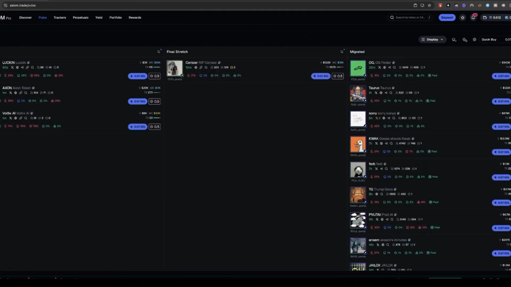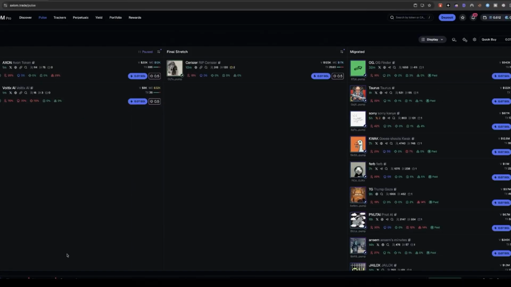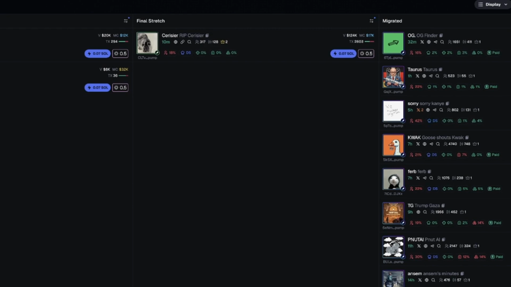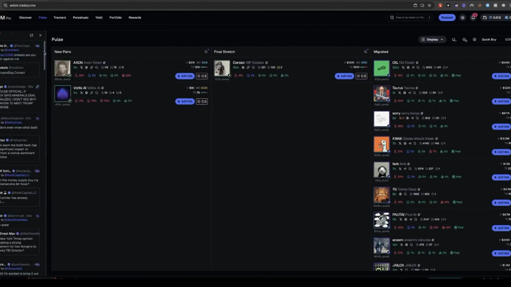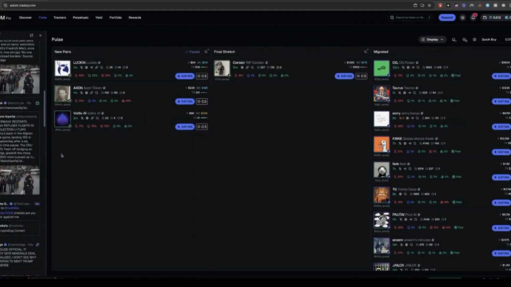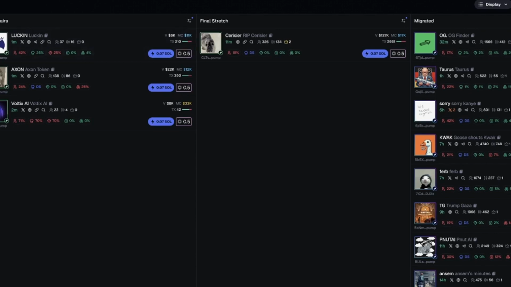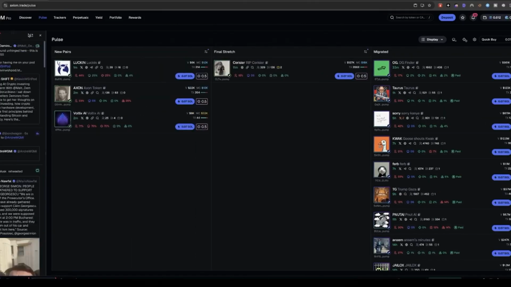So not only am I then going onto the Twitter to see if it's got utility or any type of purpose, I'm also using the Twitter tracker on Axiom. In order to get access to this, you need to trade at least 5 SOL worth of volume. Then you've got access to one of the best crypto Twitter trackers that you could have access to. And you can just open it to the side of your screen. So when you do it, if I click Twitter tracker, it will open up for you.